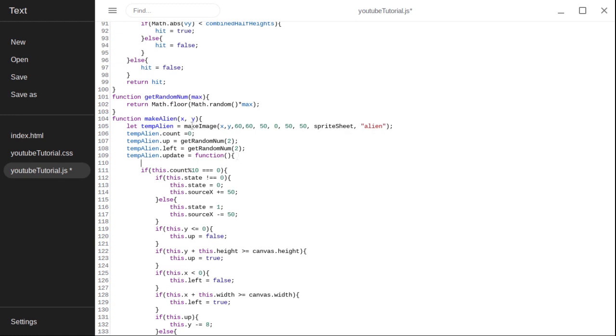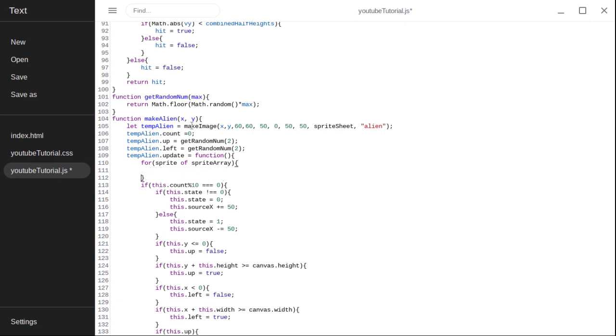that every time this updates, we want to check it against every other alien in sprite array and see if they're touching. So we say for, and I start to write alien, then I catch myself because earlier I'd been writing sprite of sprite array and I don't want to change things. So I say, no, let's keep it the way it was. So for sprite of sprite array, we want to do something. And since we don't want to check each alien against itself, because of course it will be touching itself, it'll be exactly where it is,